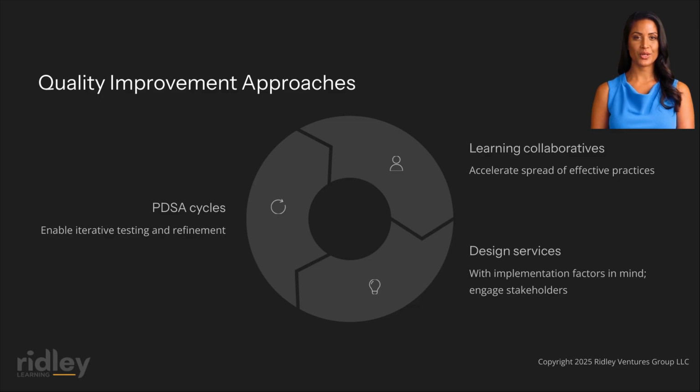Program development for stroke rehabilitation should incorporate explicit attention to implementation factors from the outset, designing services that can be delivered reliably within available resources while achieving fidelity to evidence-based principles. Stakeholder engagement in program design, including patients, families, frontline clinicians, and administrators, builds buy-in while ensuring that practical considerations inform service models. Pilot testing enables identification and resolution of implementation challenges before full-scale rollout, while ongoing monitoring supports continuous refinement